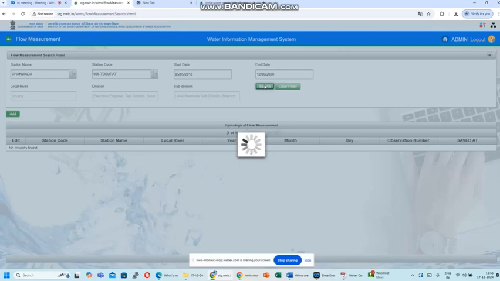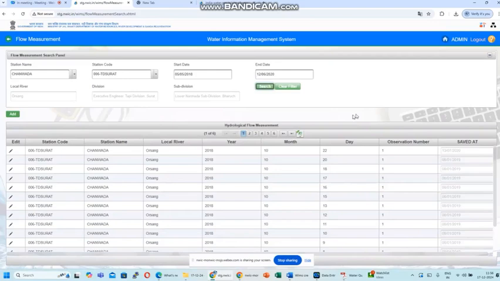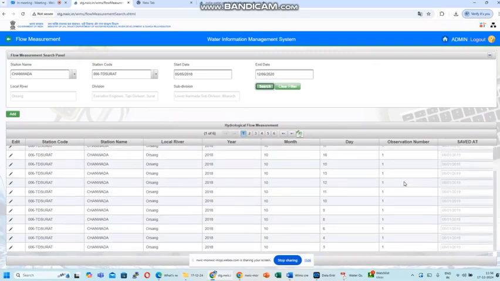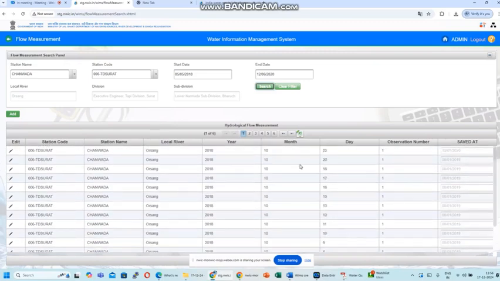Once we click on the search part, let the page load up. Once the page is loaded up, you can see all these values will automatically come up. Now what all values will we get out here is first this